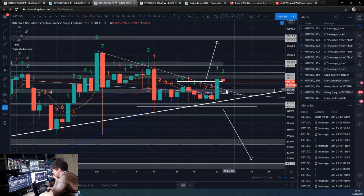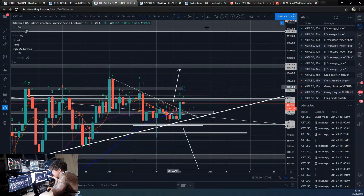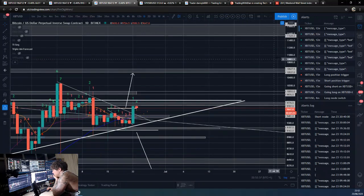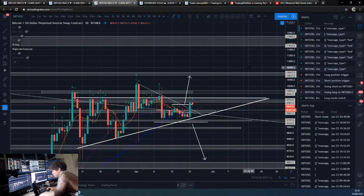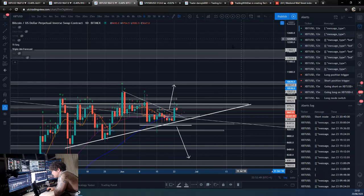I'm fully expecting this retest. Stock markets are definitely doing their best to give us a bit of a pull down, but I think this is looking good overall, regardless of whether we pump up to 11k and then over the next few weeks or month we get that 30-40% retrace that I'm talking about. Bitcoin can get some savage moves, some savage wicks. I've been caught out in one once with orders left in the market. Bitcoin can do some crazy things, and once we start to get into this territory, and especially above here,